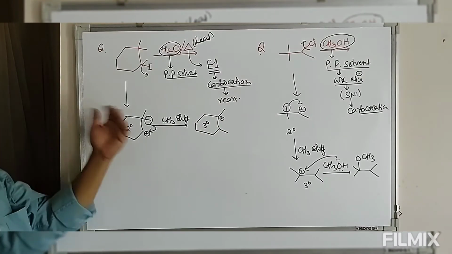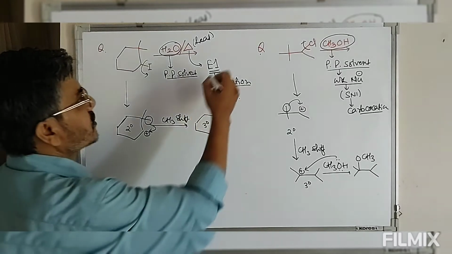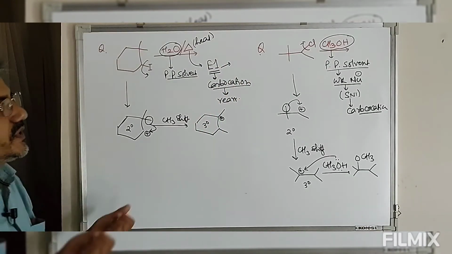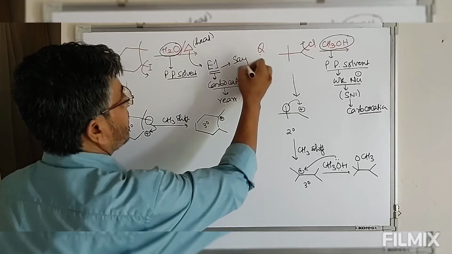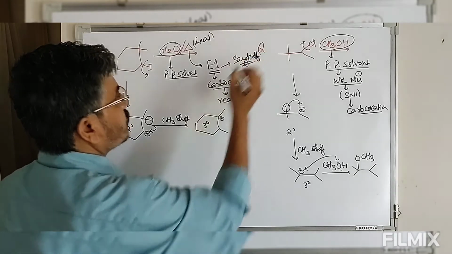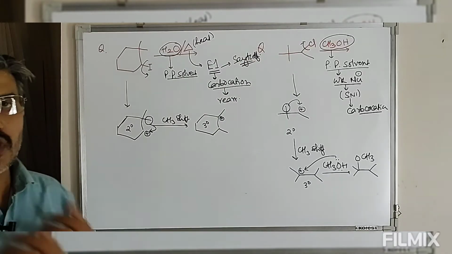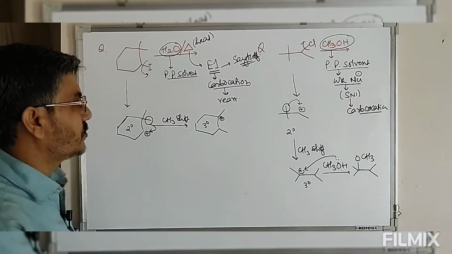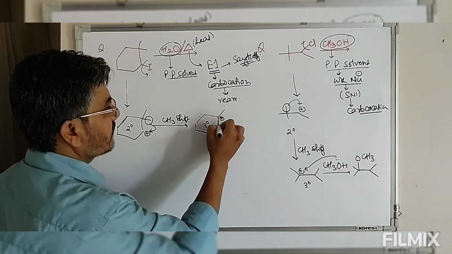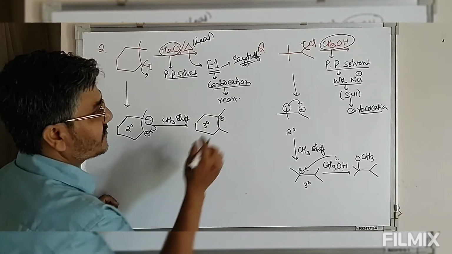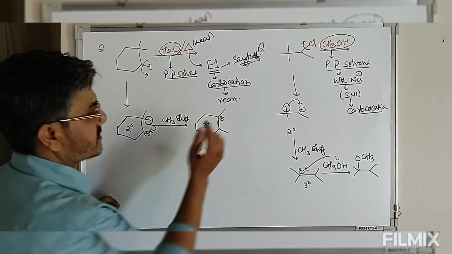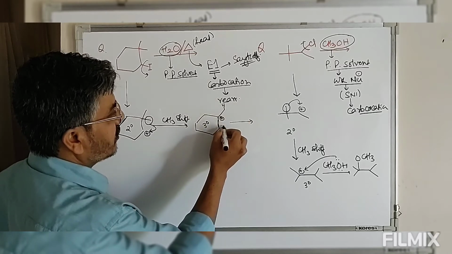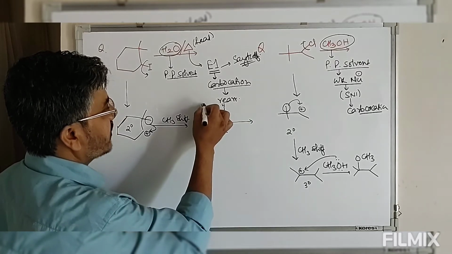Now this reaction is elimination. Whether it is E1 or E2, elimination follows Saytzeff's rule. Saytzeff's rule means that the more alkyl-substituted alkene should form as the major product. Now look at the possible alkenes. We have hydrogen here, we also have hydrogen here, and we also have hydrogen here.